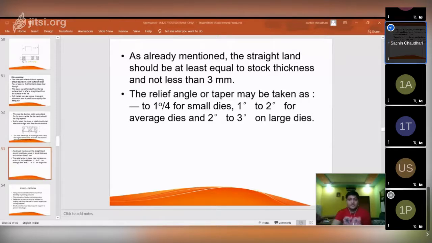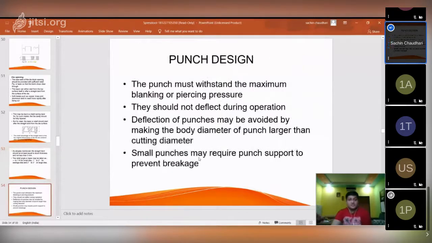Okay, chalo next. Next is your punch. Okay, so most important part, आता आपण जी die block आहे, die, जी आता bolster plate आहे guys. So the bolster plate is nothing but it supports the die block. Okay, so you can design a die bolster plate for a particular thickness, and the size and shape, length and width will be depending upon your die block.